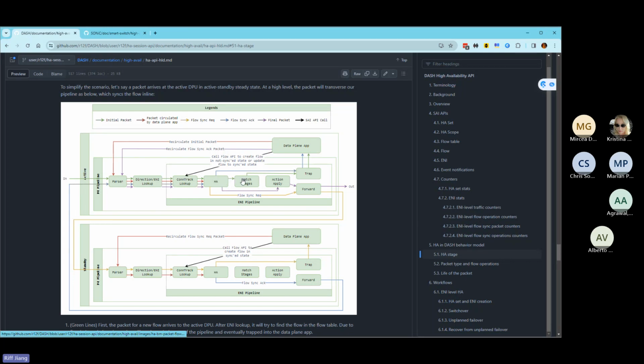So it goes into all the match stages and it evaluates all the policies. But in the behavior model, doesn't mean in the ASIC, but in the behavior model, we will not directly apply the actions. We will take all these parameters like the lookup result and trap it to the data plane app. The data plane app will get the result and say, oh, I get the lookup result. I know what flow we need to create. So instead of